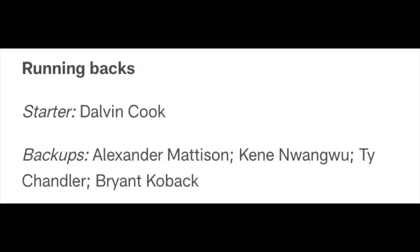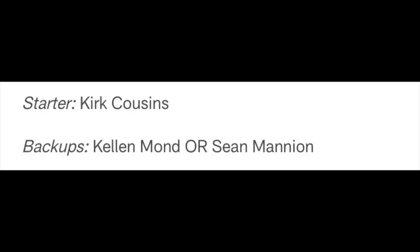Fullback, your starter is CJ Ham, nothing to see there. Running backs, after Dalvin Cook, Alexander Mattison is your RB2, which much like Thielen, I think this is going to be Mattison's last year, which puts your current RB3, Kene Nwangwu, in line to be possibly your RB2 next year, 2023. And then at quarterback, after Kirk Cousins, the backup quarterback competition goes to Sean Mannion and Kellen Mond. They are your co-backup quarterbacks, which